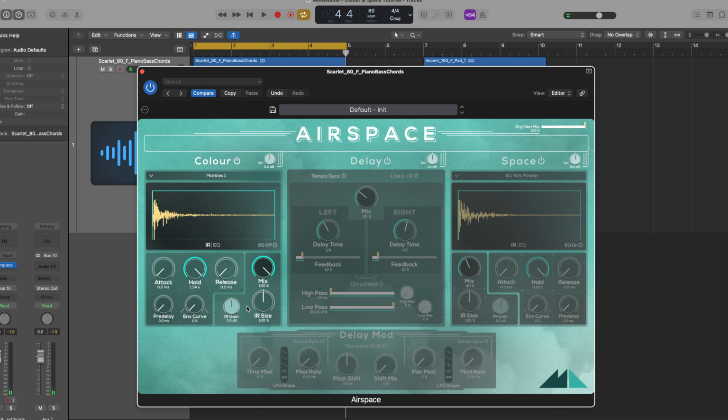I think this impulse makes it crystal clear how Airspace's convolution engines fuse together the sound of the input audio and impulse response sample, creating a genuine fusion of the two. So, now we have an overall understanding of what Airspace's colour and space sections do, let's take a look at